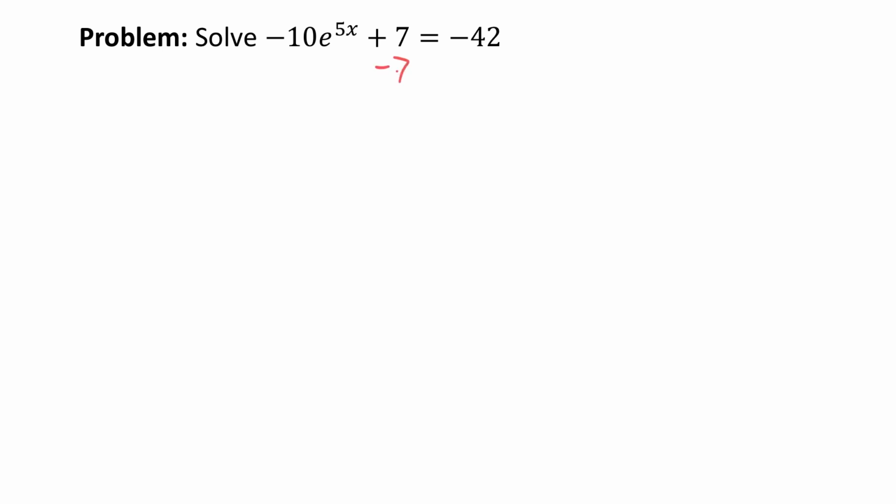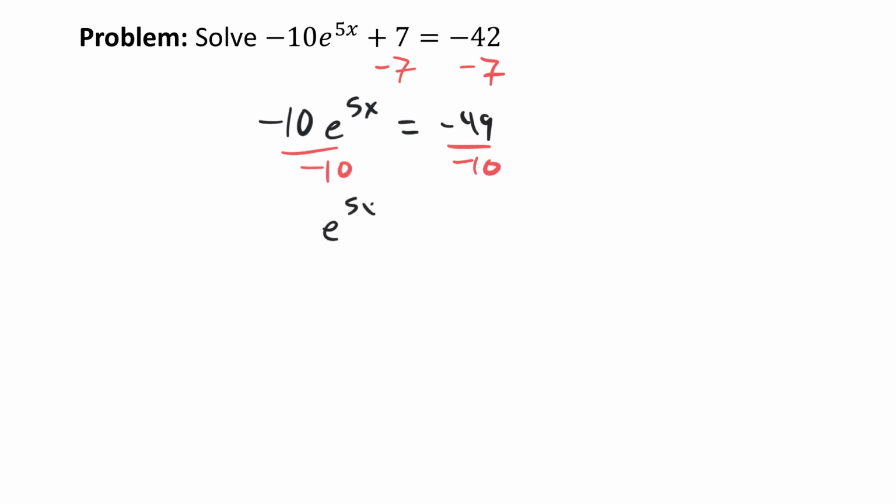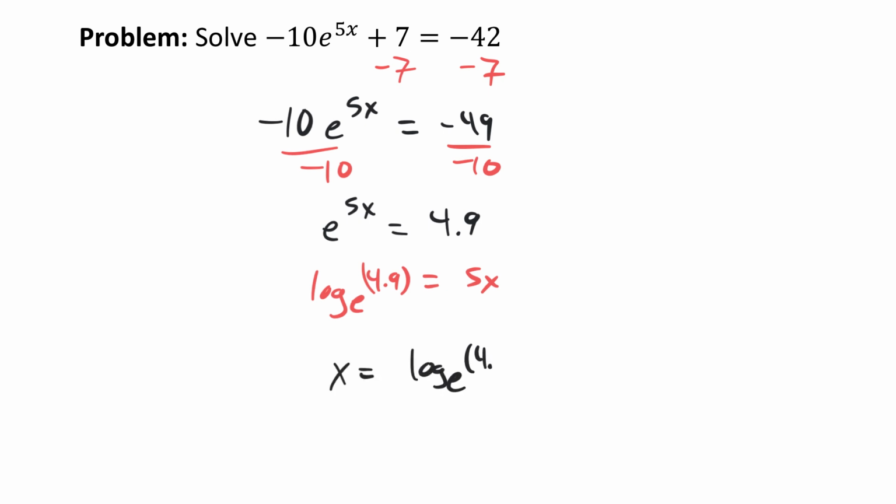Okay, so we subtract 7 from both sides. Negative 10 e to the 5x equals negative 49. Divide both sides by negative 10. e to the 5x equals 4.9. Then we convert to logs. So we get log base e of 4.9 equals 5x. Finally, we divide by 5, and so we get x equals log base e of 4.9